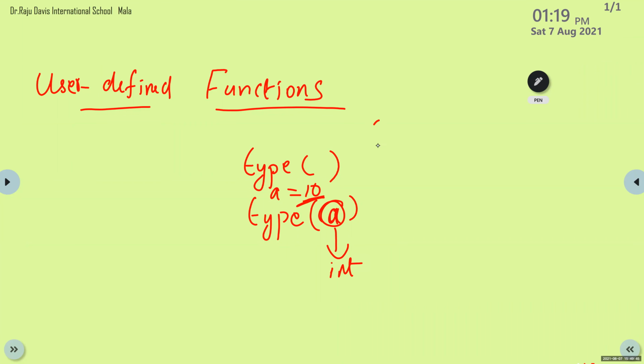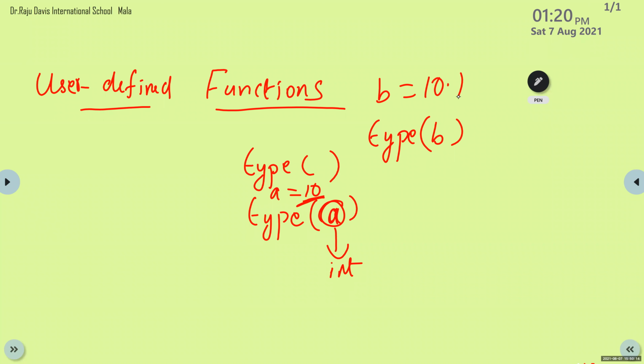Yes, ma'am. Okay, when I am giving a statement like this, type of B, if B is equal to 10.1, Anish, what is the result? Type of B. 10.1 is the content of B. Then what is the type?